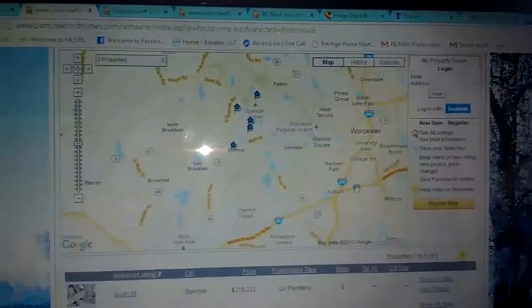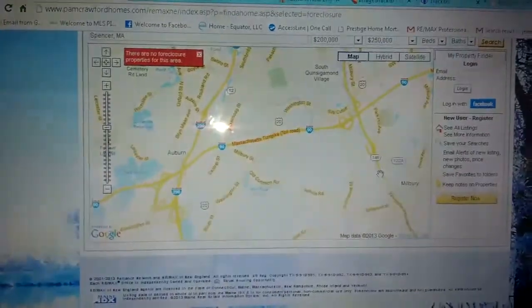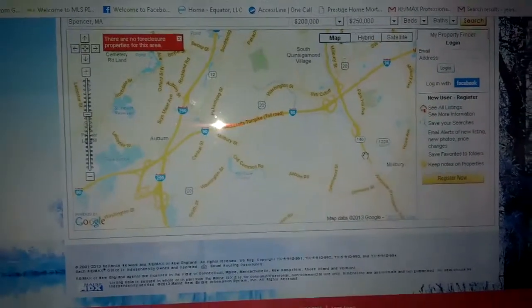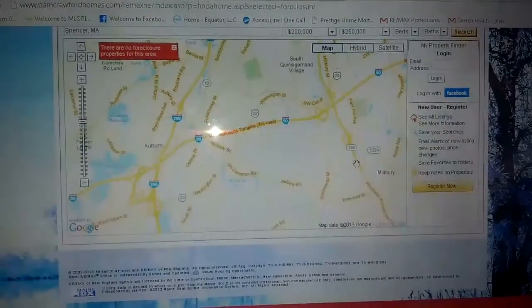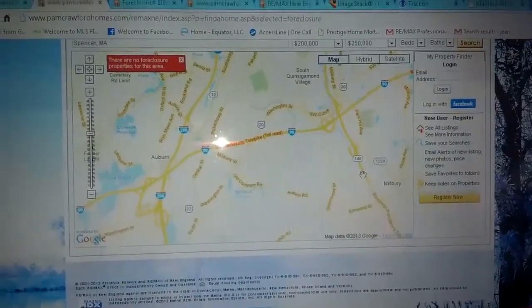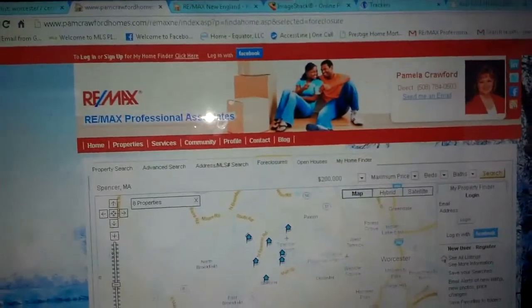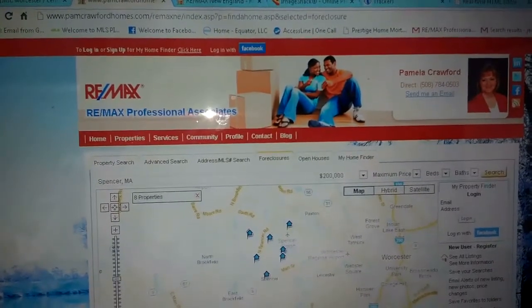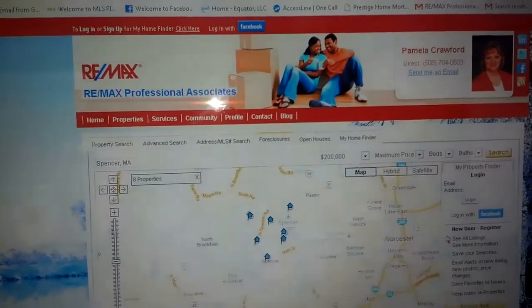So the first thing we're going to do is copy a search from our website. What I did was put in Spencer foreclosed properties, and I'm going to copy that as a screenshot. You do that by hitting, on my computer, Control and then Screenshot, and I'll copy it and put it into Paint. Okay, once I copied the screenshot into Paint, I'm going to crop it, save it as a JPEG file, and